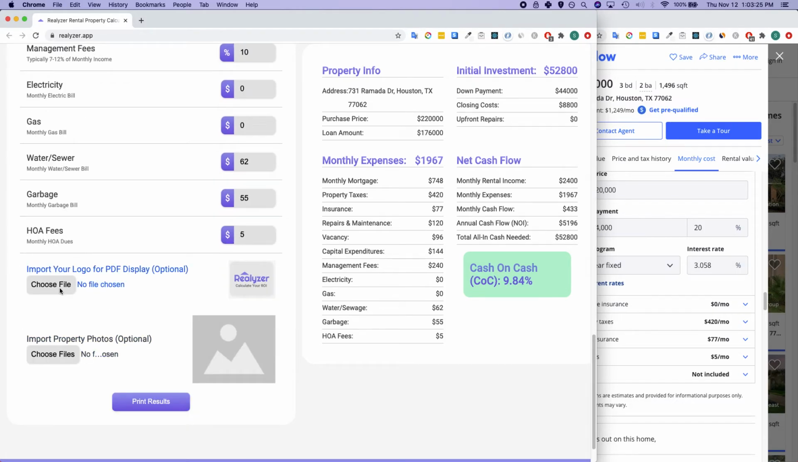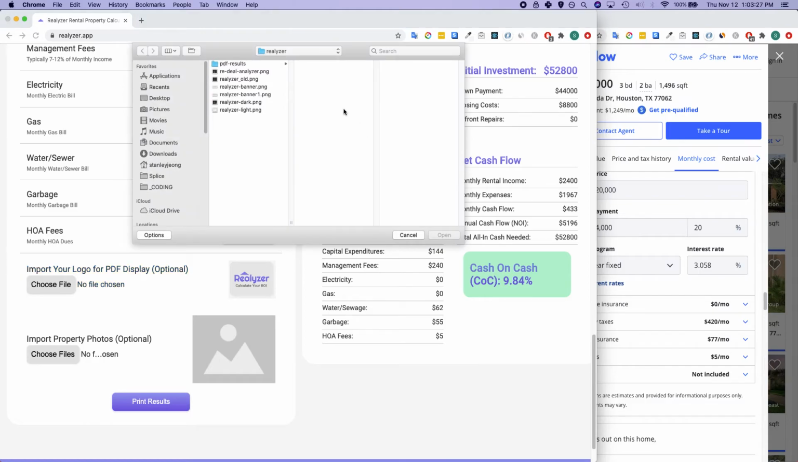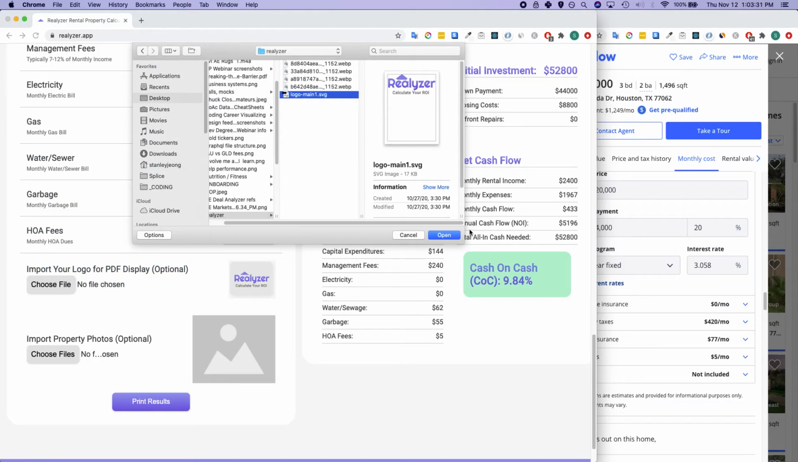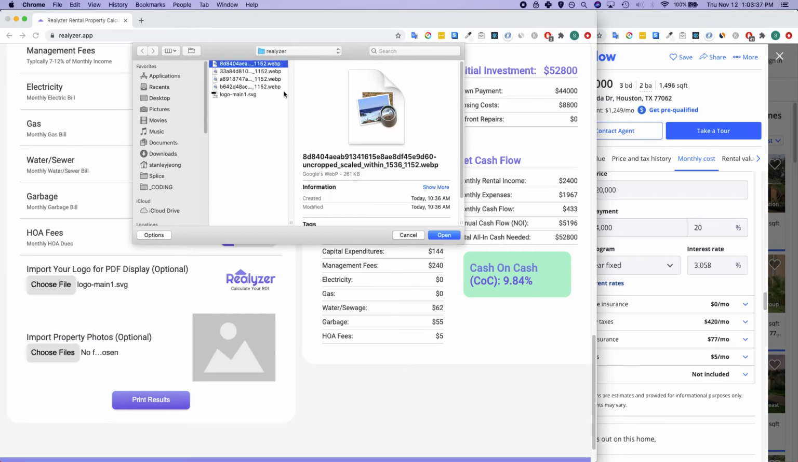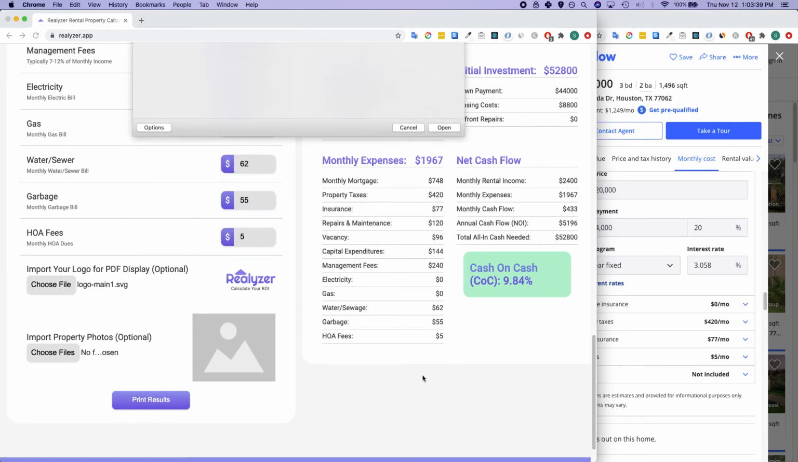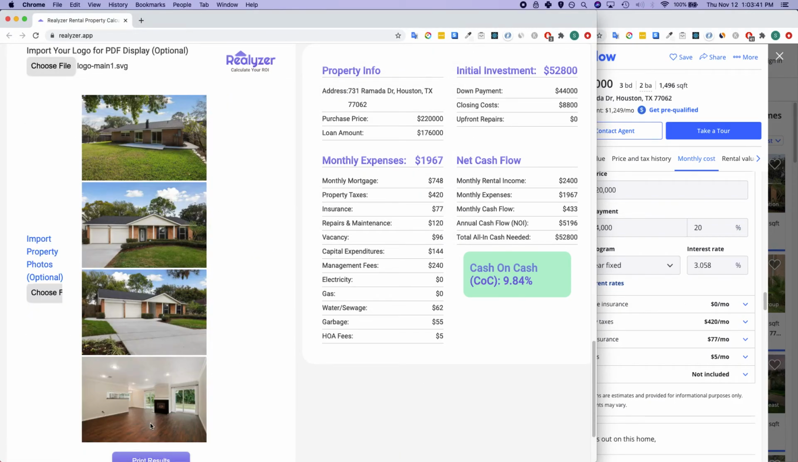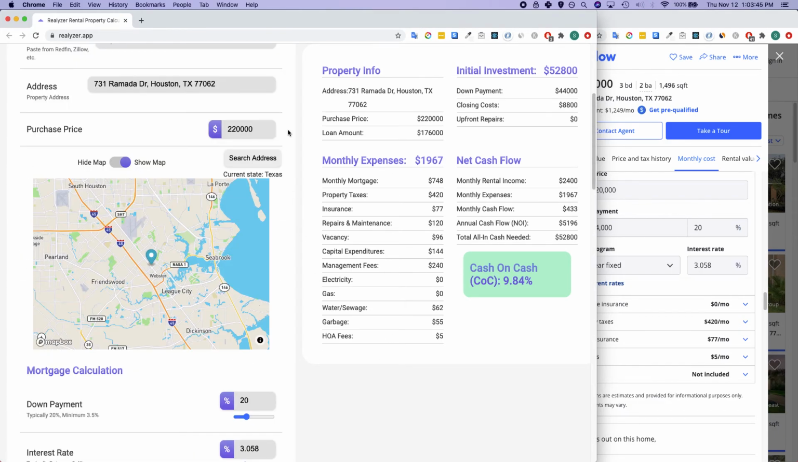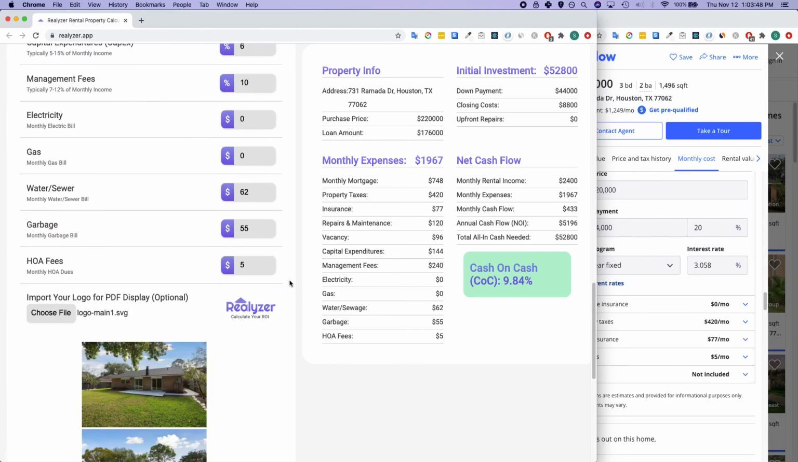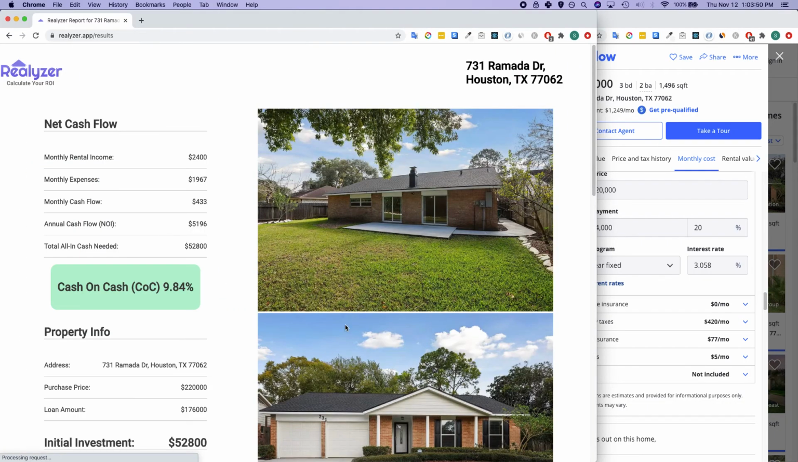Now on the bottom here, you have the freedom to import your own logo. And we're going to import this one right here. And right here, for the property photos, I've already gone in and saved the Zillow photos, so I'll upload them right here. Once this is all looking good and the information is all correct, you can click Print Results, which